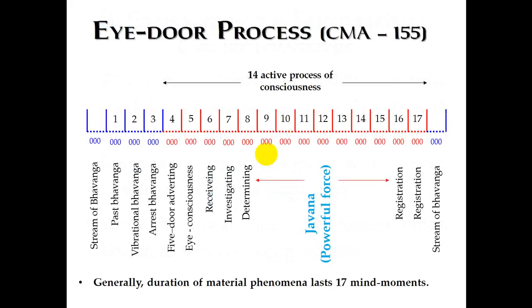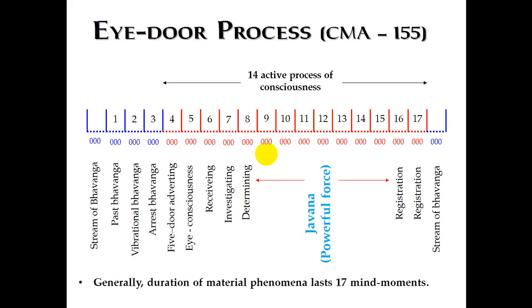So to understand that, we look at the five-door process. So here we have seven javana. In the third chapter, we will learn the different functions of consciousness. So when we learn the third chapter, you will know it. I think before we learn the third chapter, we also should know what type of functional consciousness is without root, right? Here, as you know, the stream of Bhavanga. So Bhavanga is a lot of continuing